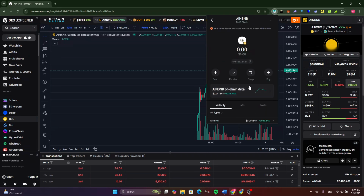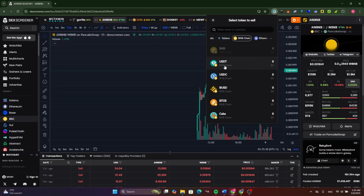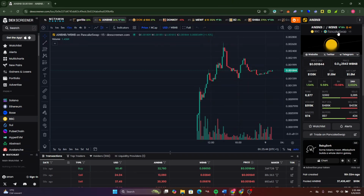Now click on it. Here, make sure to click on swap and now switch from here. From the top, you can select the token that you want to buy with, for example, USDT. And now you can type how much you want to buy. So here, as you can see, it says no corresponding liquidity pool, please select a different token. If you see this message, what you need to do is